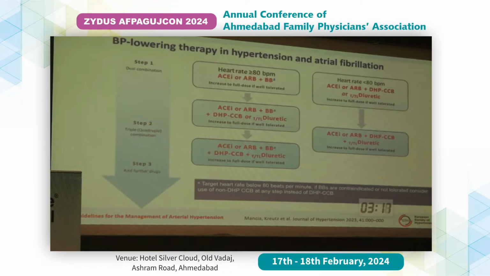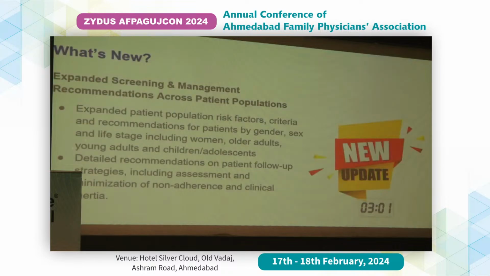And in atrial fibrillation, this is almost the same. Here the beta blocker should be there to reduce the heart rate, and we can have similar lines, but the target heart rate should be 80 or less in this type of patients to achieve proper blood pressure control as well as to achieve cardiac safety in those patients.